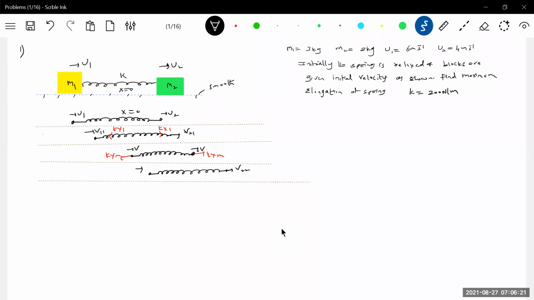I'll do one thing, call this A and B, VA1, VB1, both will have common velocity. Now VB2, VA2. Now also it will be compression, kx2. Now the next sequence will be